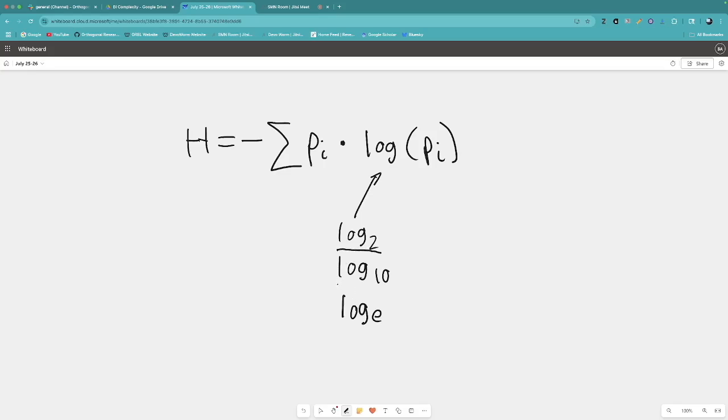Base 10 will give you an index between 0 and 1 on a base 10 scale. So if we're looking at any sort of integer, then that's what we get. And then log e is a natural log, a way to normalize it against a range of values. So the idea is that you can calculate the information.